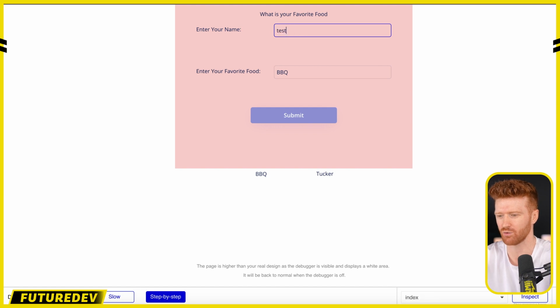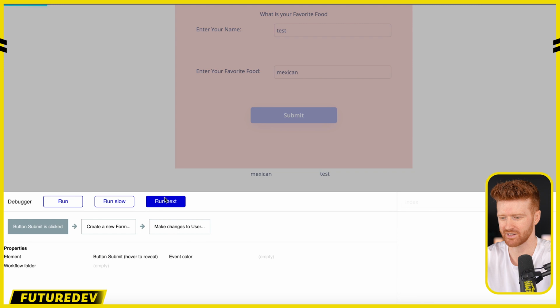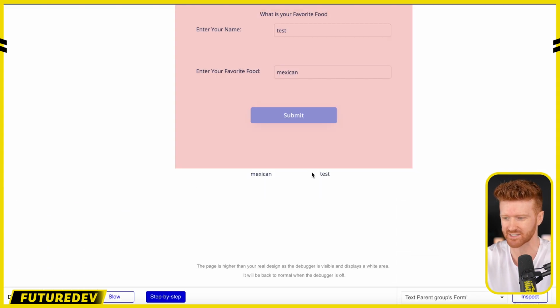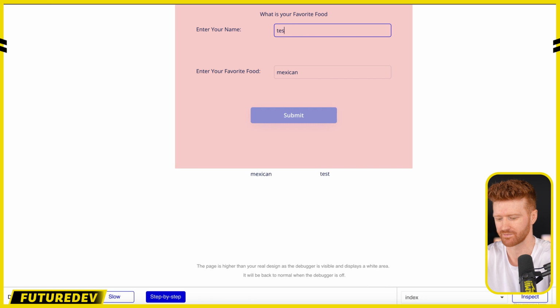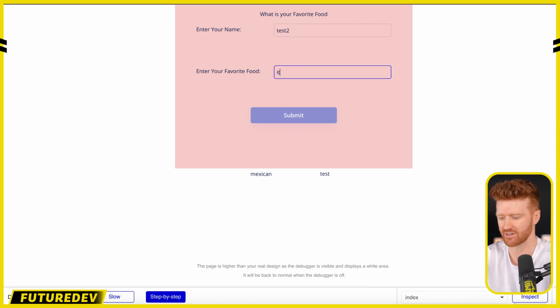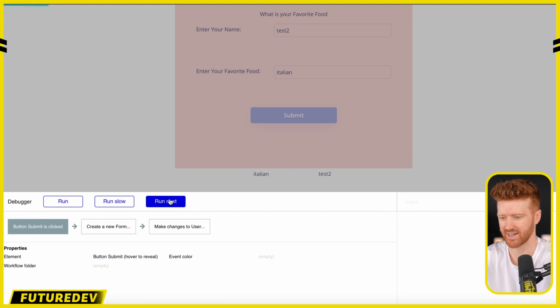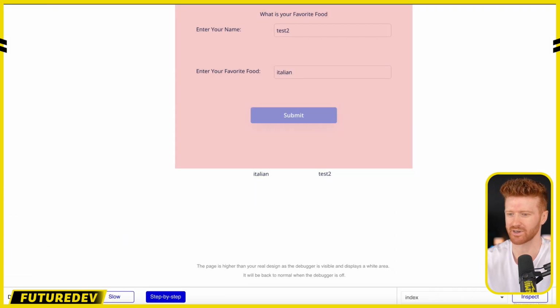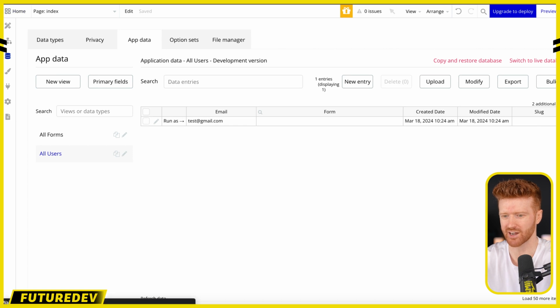In fact, we don't even know what will happen if we do another entry. We hit submit, we run next. Okay, so it does change and updates the database. Let's try it one more time. So test 2, we have Italian. We run again. You can see it does update. Let's go to our database and see what happened. If we come into our editor and we refresh,